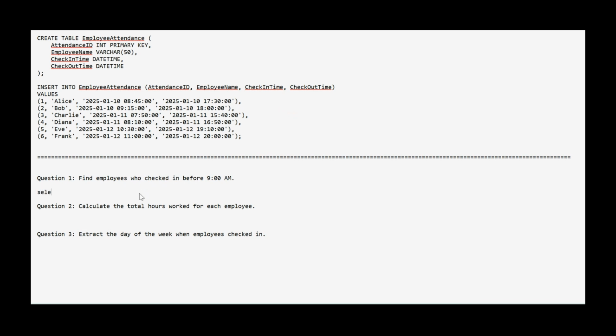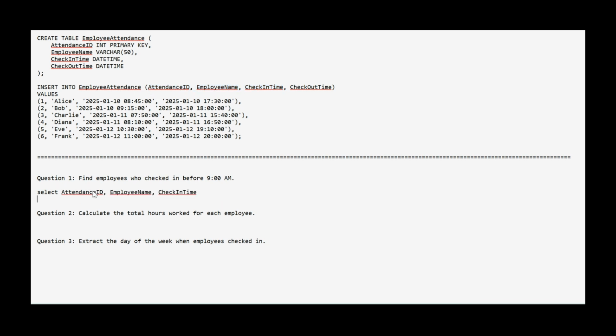So we can directly write select the column names. We need the attendance ID, we need the employee name, and we need the check-in time. So we need just 3 columns. We can simply copy it from here, paste it here. The table name is employee attendance. You can simply copy it here,